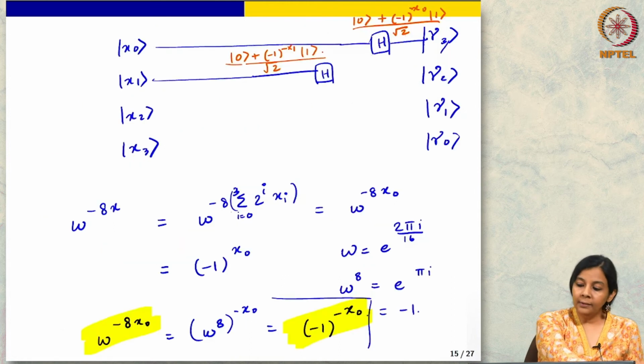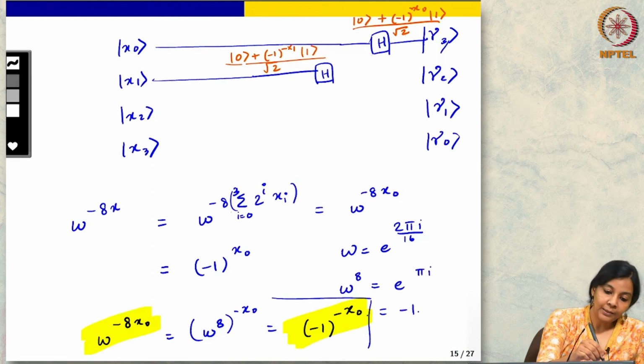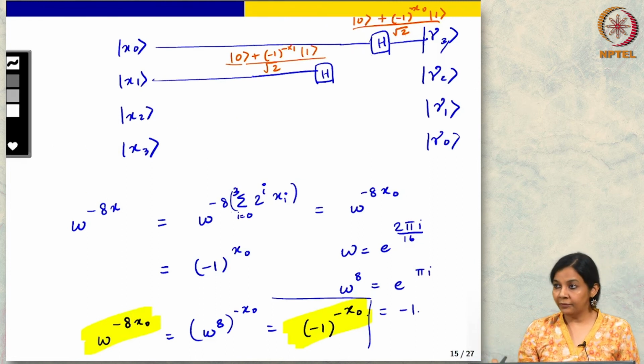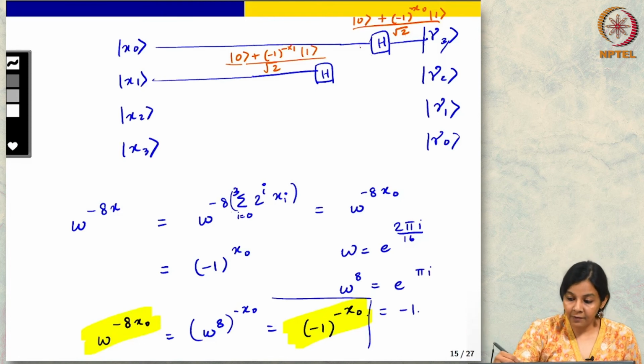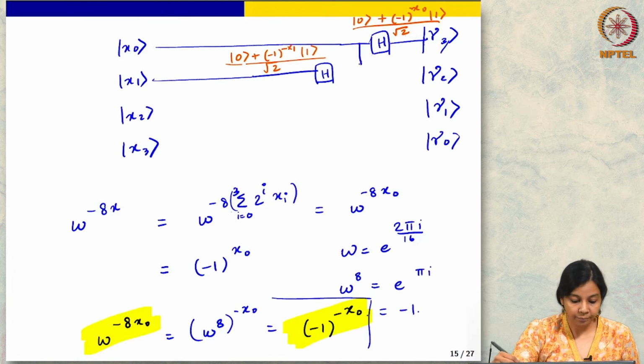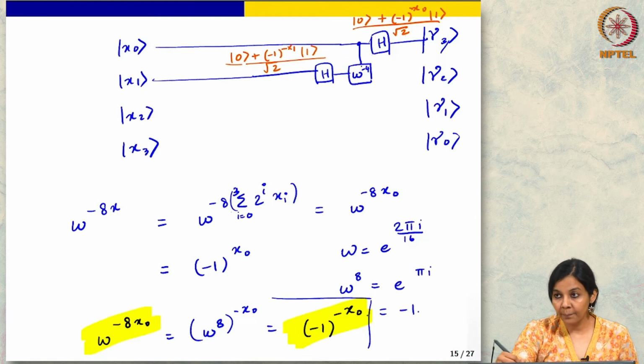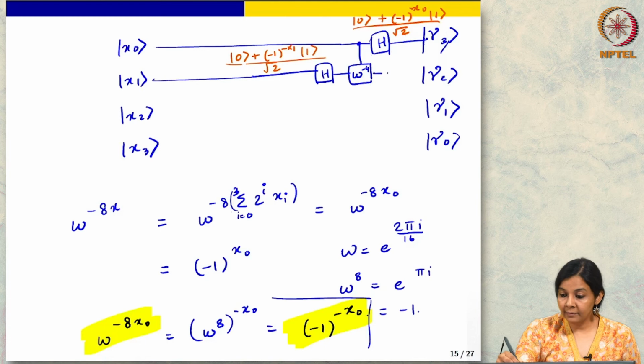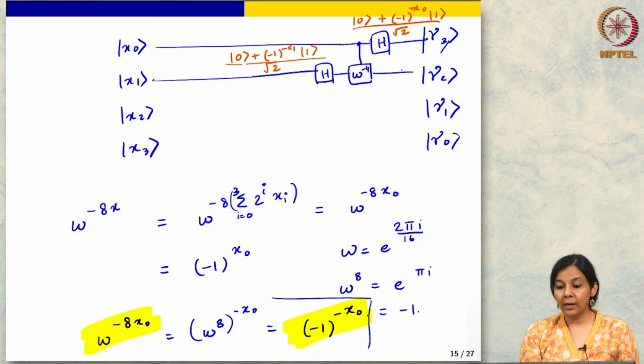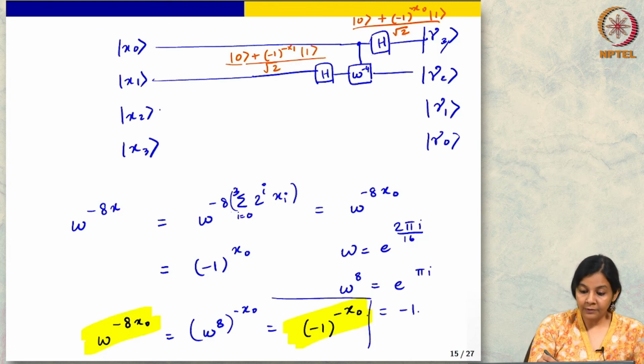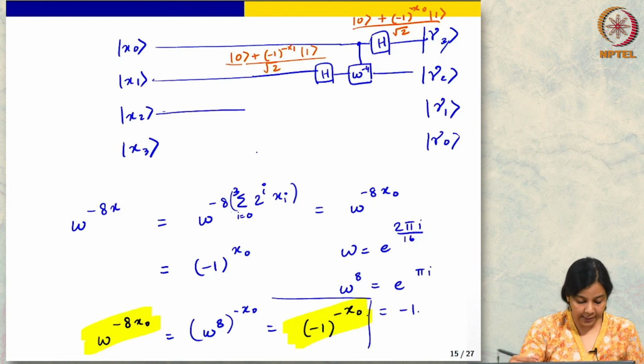So this can be written down as a unitary operation. In the interest of time, I will not do it, you can refer to the notes, but basically we will represent this gate as omega to the minus 4. You see that the input of this gate is x0, and this will give us the gamma 2 that we want. Okay, so for x2 and x3, let me just write it down.